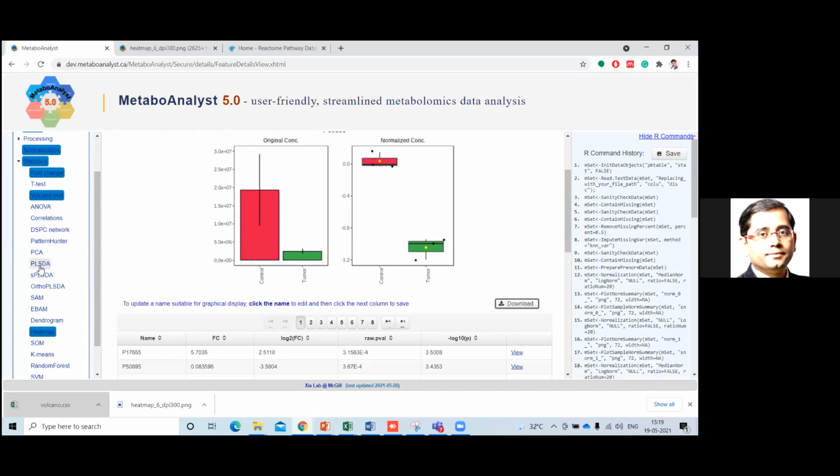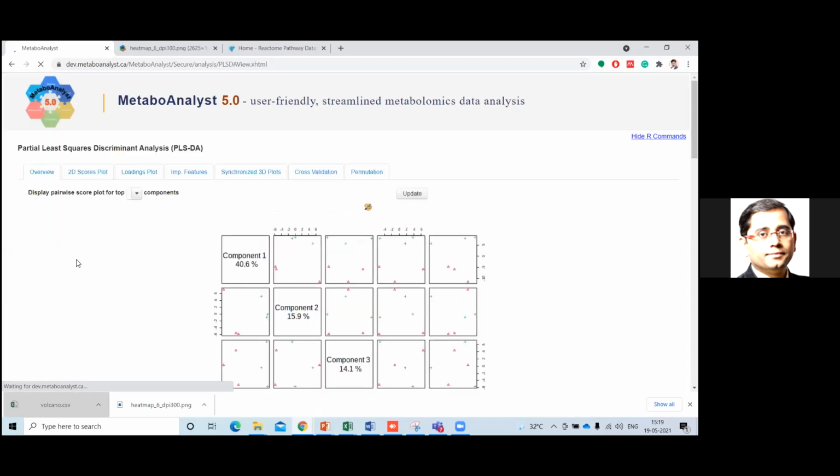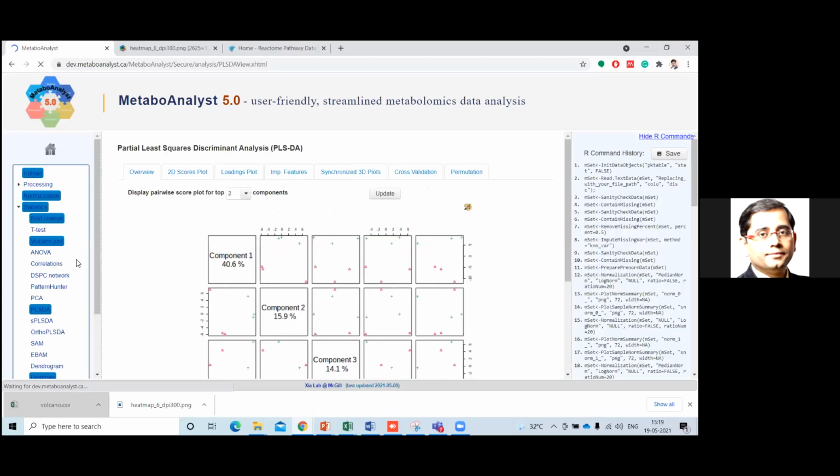For example, there is another PCA and PLSDA. These try to give you an idea as a whole, taking, for example, all these proteins I have shown, right, 2200 proteins. But not all of these proteins will have overexpression or underexpression. A few proteins will have overexpression, a few will have underexpression, whereas a few will have no expression, right? So we need to know how much percentage of the proteins are actually having this variation. Here, variation means either it is overexpressed or underexpressed.